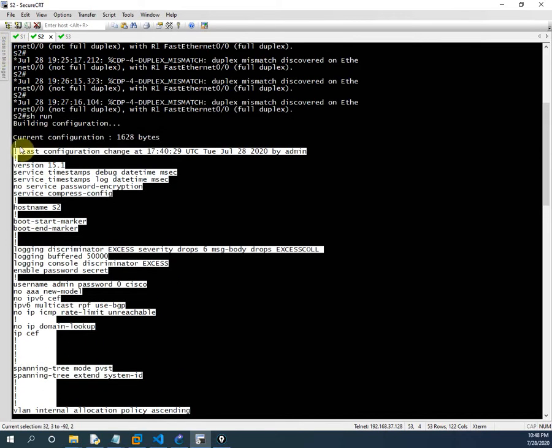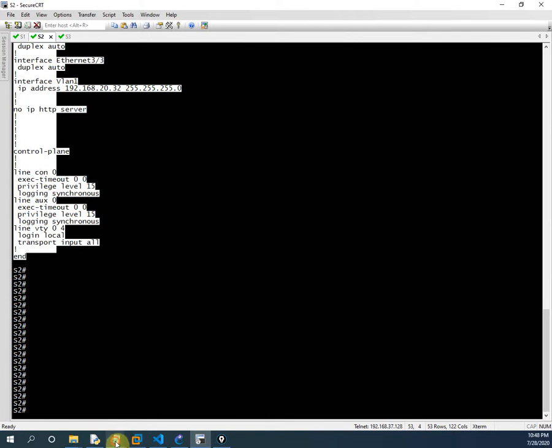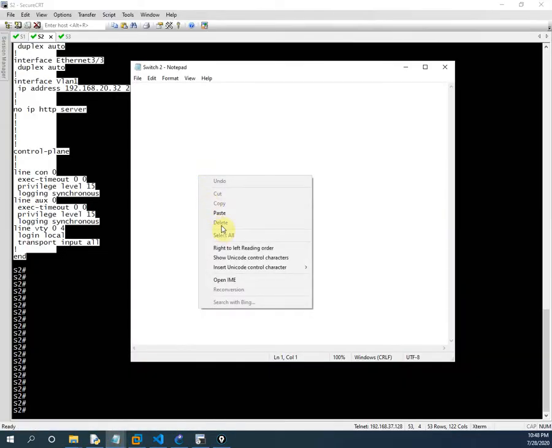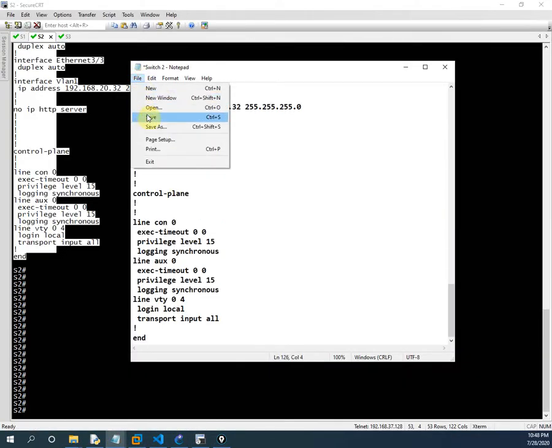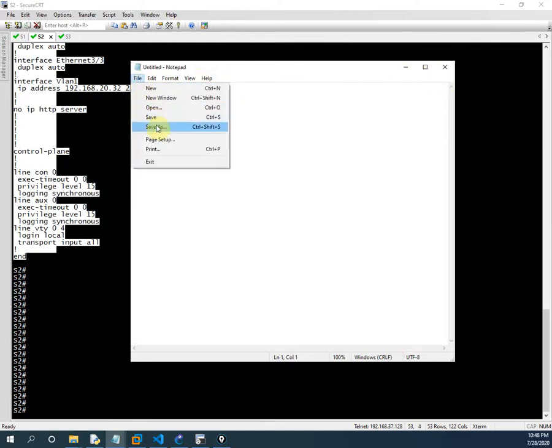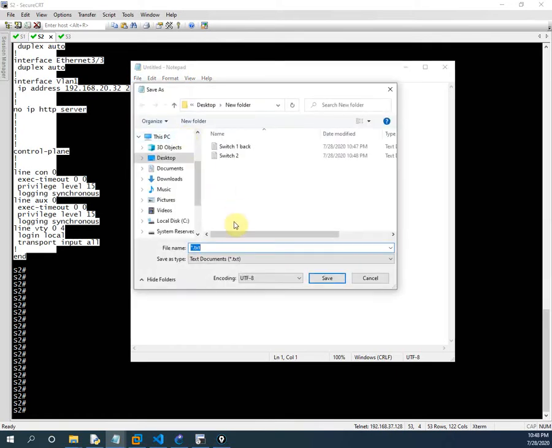So we copy it with Control C, go to this notepad, paste it here and save it. This is how we take the backup. If anything goes wrong in our switch, we can copy and paste the same configuration back.